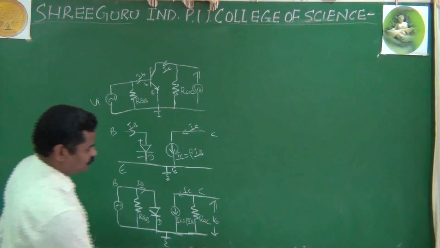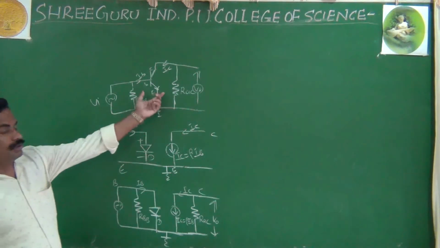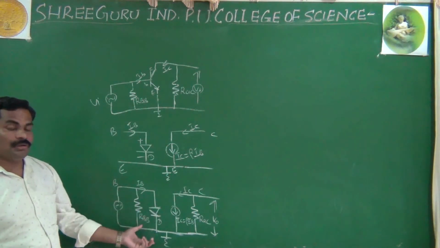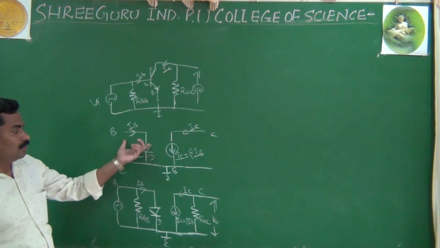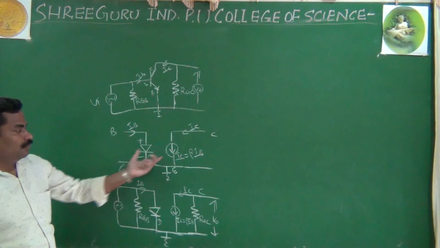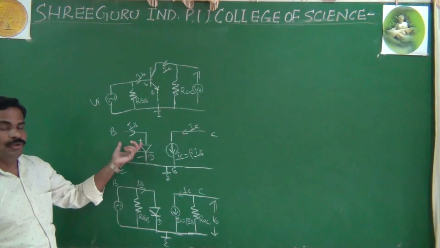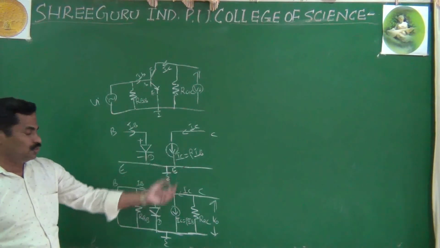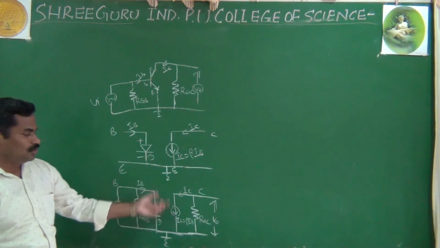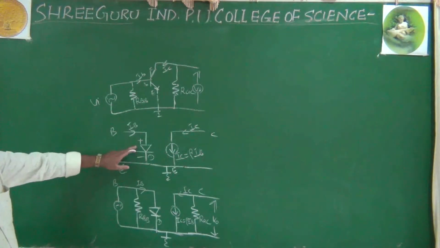Right. The important thing here is that this is the transistor equivalent circuit, because as I said, this is nothing but your emitter base diode, and this is nothing but the collector base diode. Your emitter base section is forward biased, so it looks like a forward bias diode, and the output side is used as a constant current source. This is the simplified diagram of the equivalent circuit.